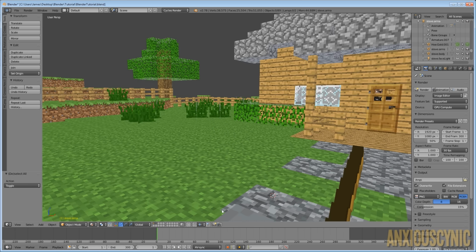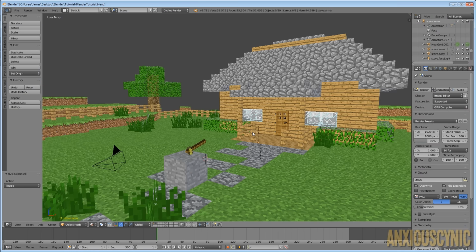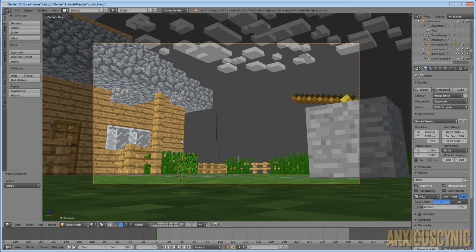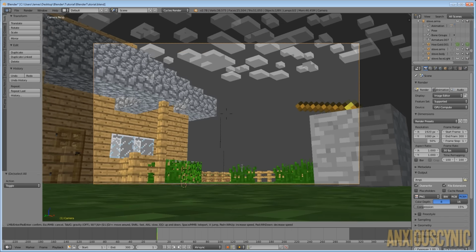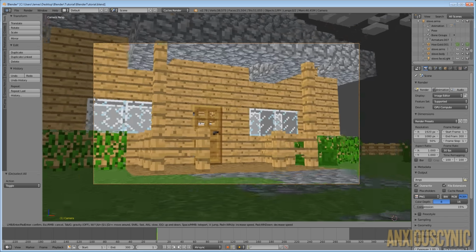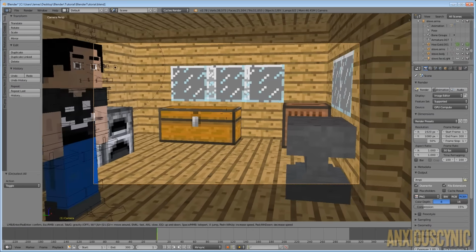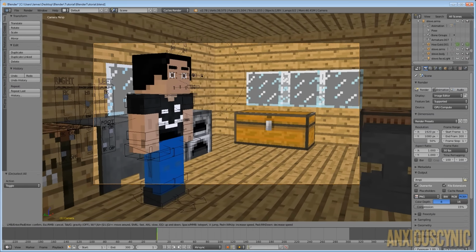Now that we've got our animation, let's call it done, we want to be able to shoot this with the camera and animate it and render it and all that good stuff. So what I'm going to do now is select our camera, and I don't really have to do that, but just so we have it selected, I'm going to do that. And let's just go ahead and move the camera. We're on frame 0 or frame 1 of our animation, so we're at the very beginning. And I just want to bring the camera into the house for our first shot here.